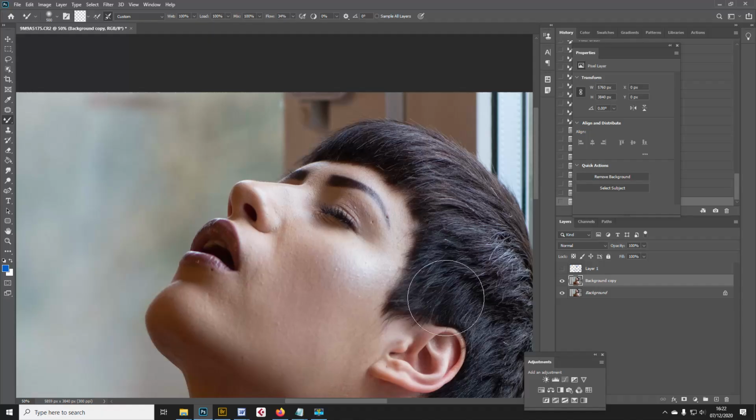I'm thinking really that I might just try and clone this out. So I'll go into my clone tool. And just remove